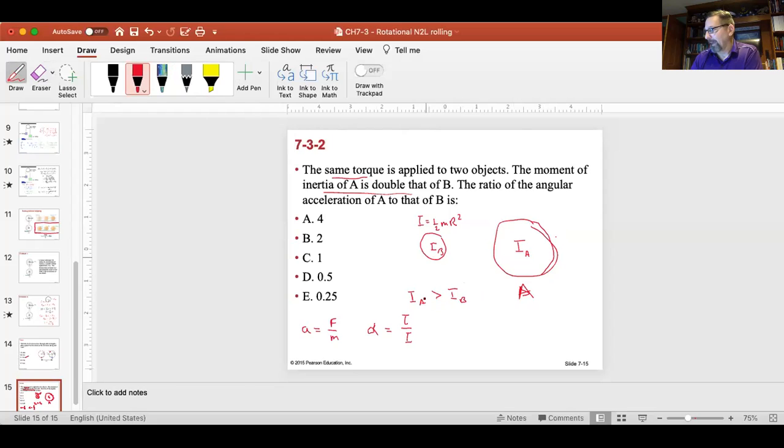All right, good. So we got that. A is bigger than B by a factor of 2, obviously. And so let's see, we say the same torque. So if we look at the angular acceleration of this one, and let's relabel them, the moment of inertia is twice as big. So the angular acceleration here would be equal to the same torque divided by twice the moment of inertia. Over here for B, so that's A, right? The moment of inertia of B is half. And so the angular acceleration here will just be equal to the torque. And I guess I'm saying I'll make this I_B, and A is double that,